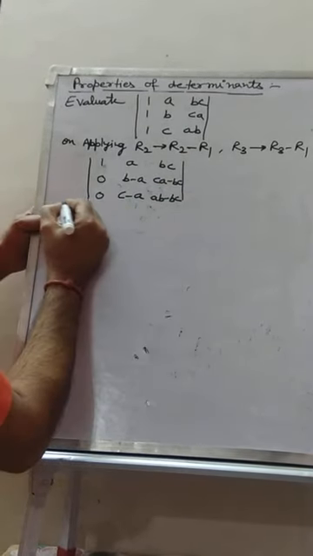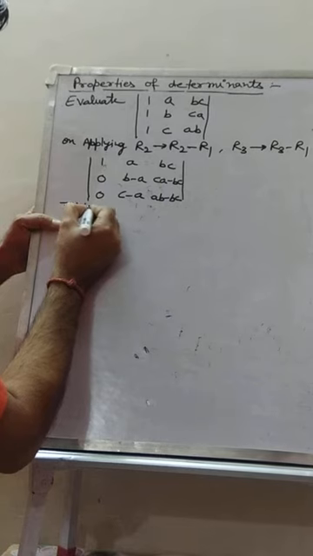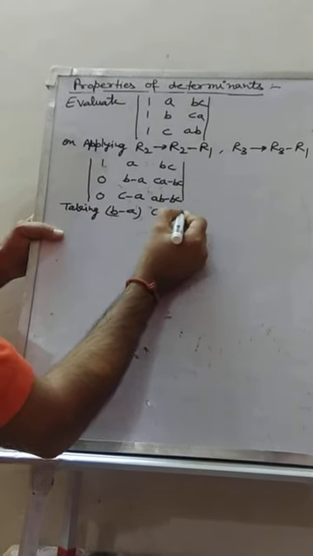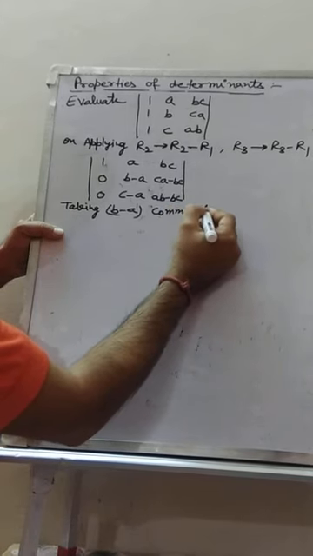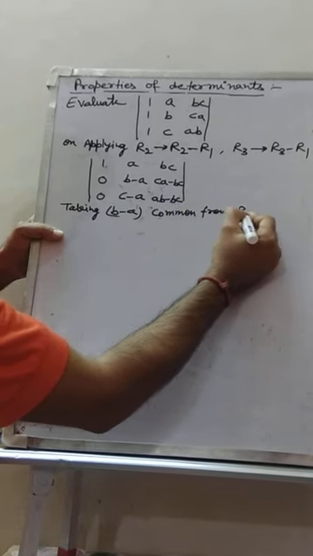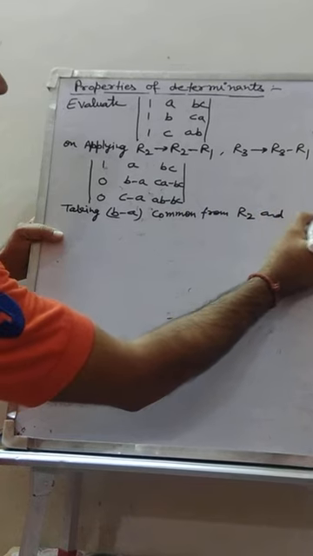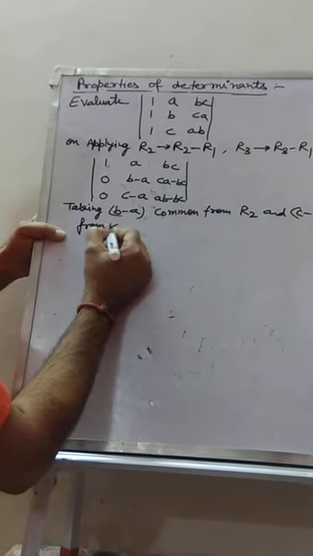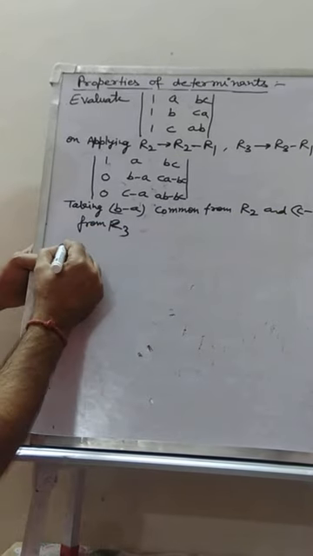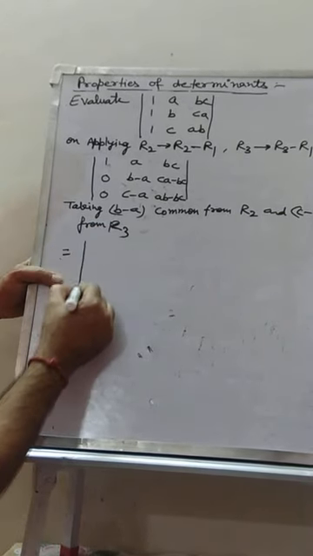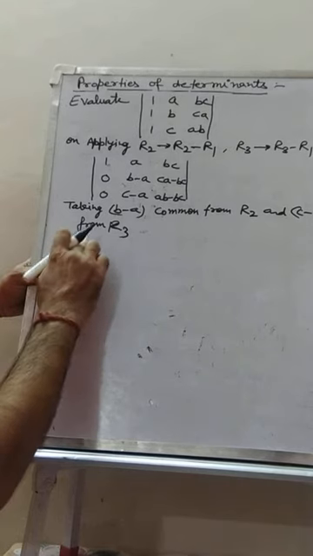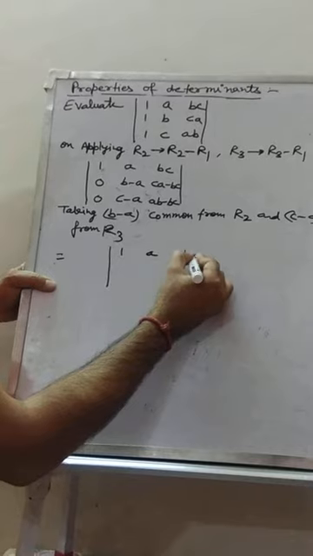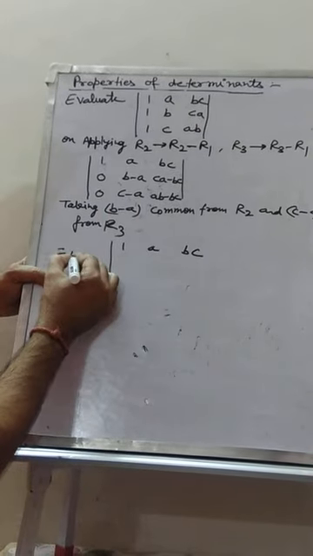So taking b minus a common from R2 and c minus a from R3. This will be equal to the determinant 1 a b c. From here we took b minus a common, so we got b minus a, then 0 1, here c is common, we take c common, then in the bracket